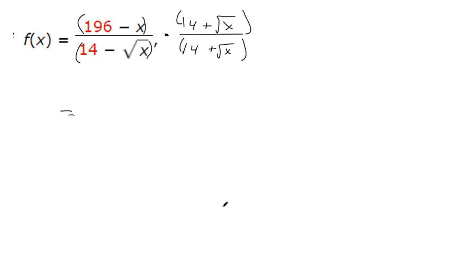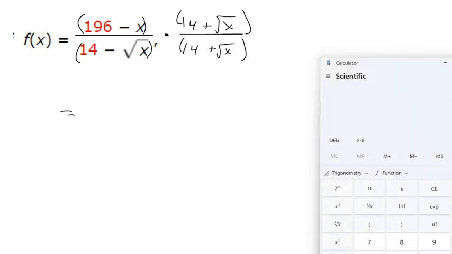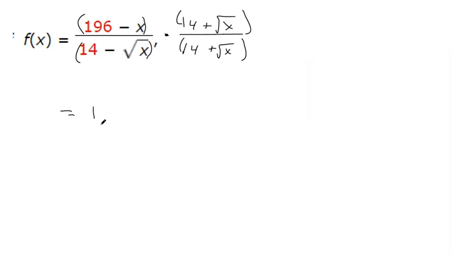So the quick thing with multiplying by the conjugate, 14 times 14 is 196. The middle terms always cancel out because you're going to have plus 14 square root of x minus 14 square root of x. And so negative square root of x times square root of x makes x, as we know from algebra. And then when we multiply the numerators,